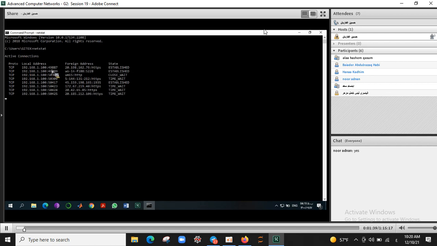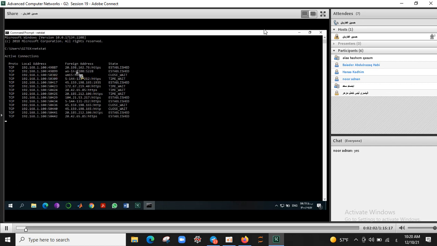For example, port number 49887 in my computer is open, and using this port number and this socket here, the combination of IP address and port number is a socket. This socket address